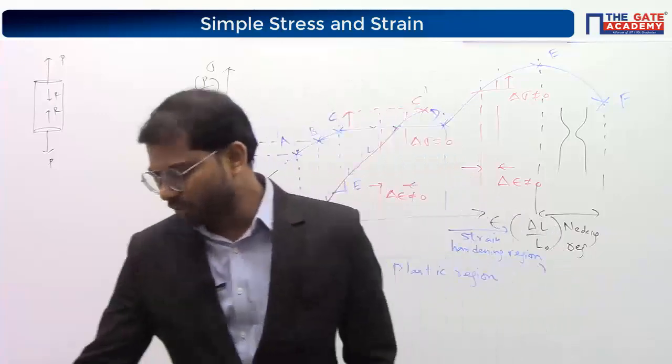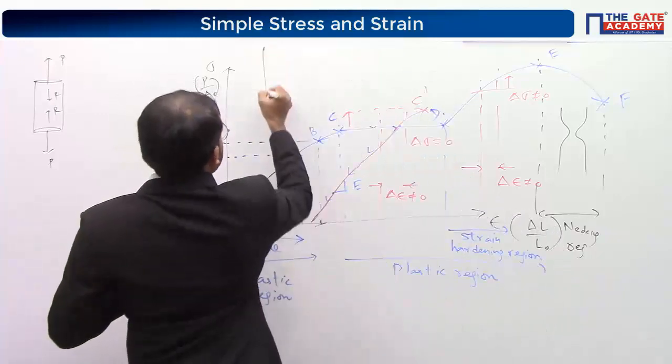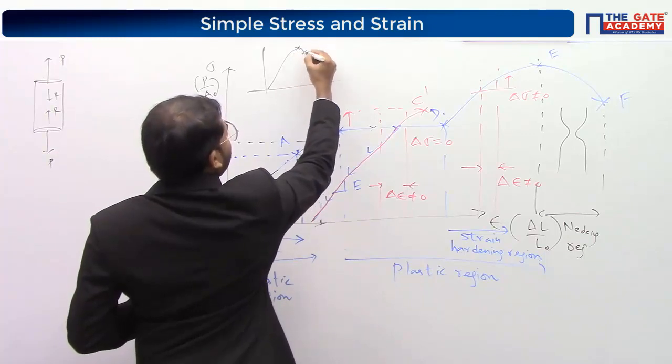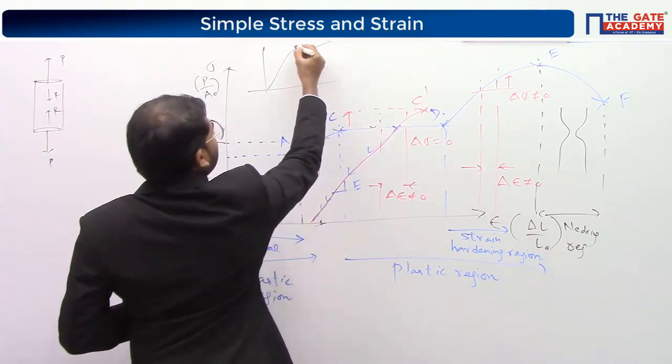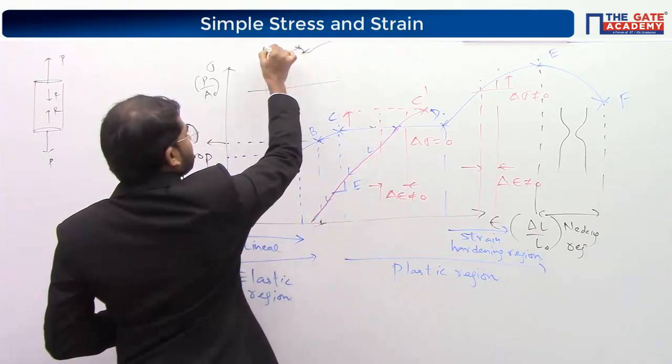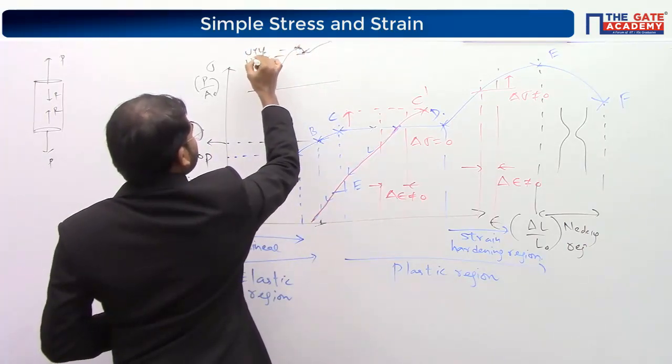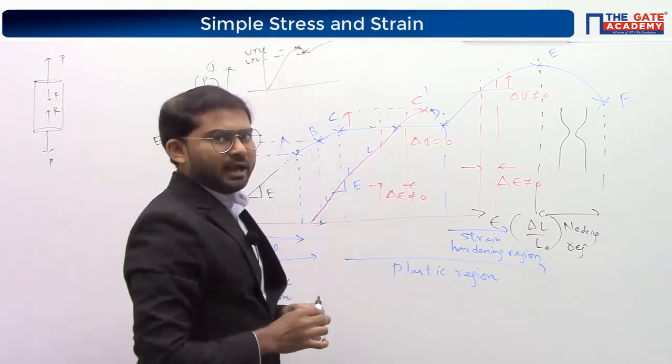Basically what you can observe is, initially you will get a higher yield point or upper yield point, and suddenly it comes to a lower yield point and goes to peak. We'll call both of them yield points. This one is called the upper yield point. This one is called the lower yield point. Upper yield limit and lower yield limit.